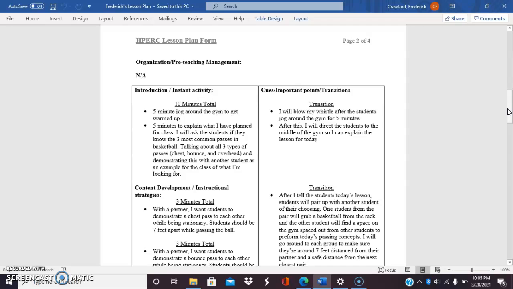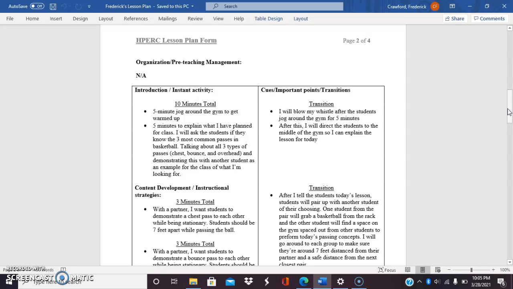I want to do a 5-minute jog around the gym just to get the students warmed up, get the blood pumping. And then after that, 5 minutes to explain what I have planned for class. I will ask the students if they know the 3 most common passes in basketball, talking about all 3 types of passes, chest, bounce, and overhead, and demonstrating this with another student